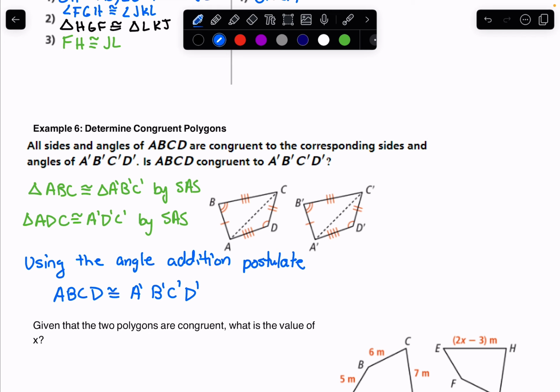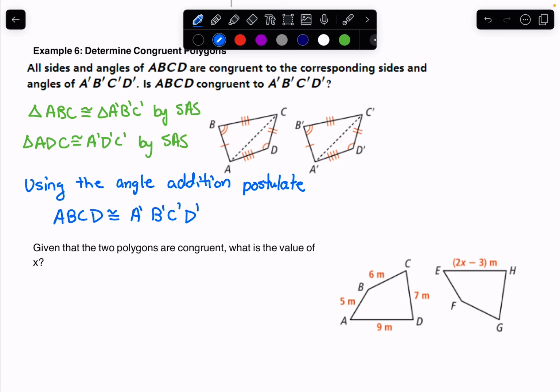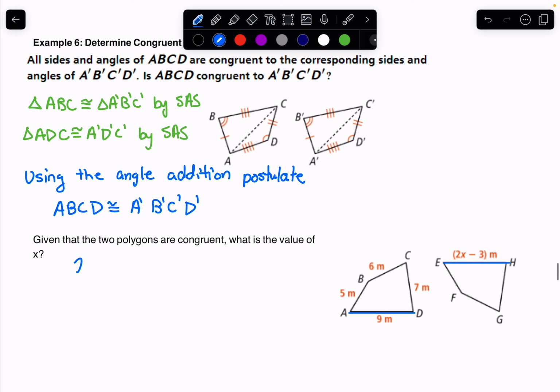And of course, we can use this. This seems like a pretty simple problem, I'm sure. Given that the two polygons are congruent, what is the value of x? Well, here's AD, that's 9. That's the corresponding side to EH, since these shapes are sort of turned upside down from one another and rotated. So all we need to do is say that 2x minus 3 equals 9, and we can solve that to find the value of, well, in this case, not m,